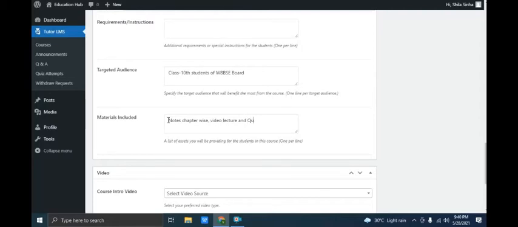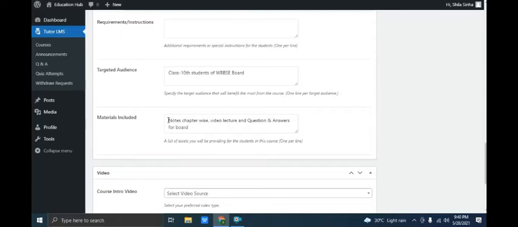In requirements and instructions, for art and craft you can put brush, paint, color, whatever you want. And for the material included in this lecture, you write notes chapter wise, video lectures, question and answers, and if you are giving quizzes, you can write about the quizzes also.